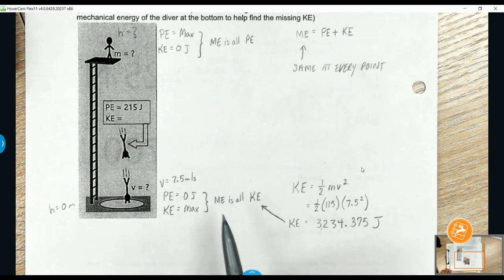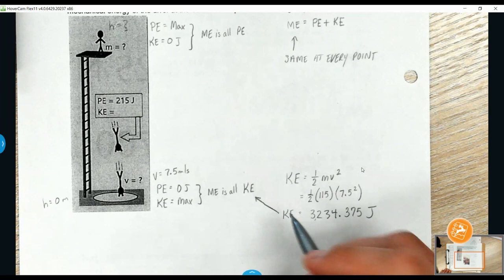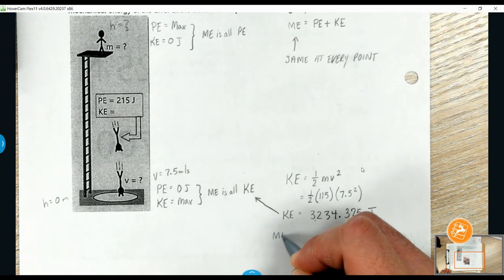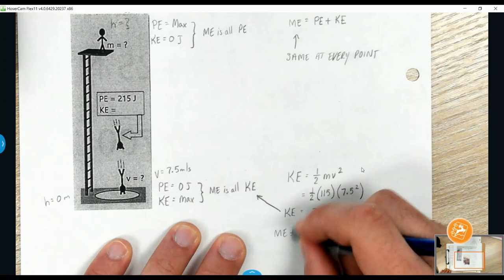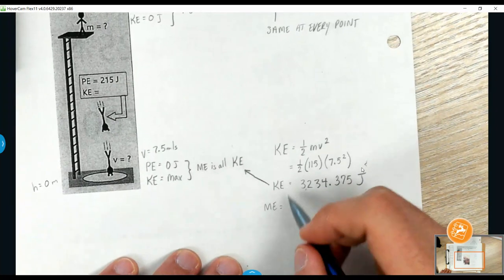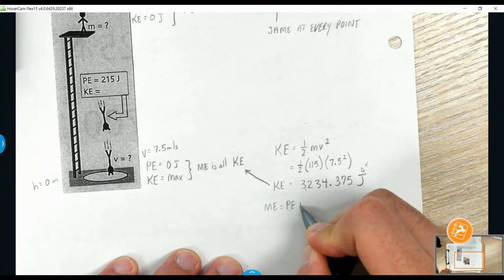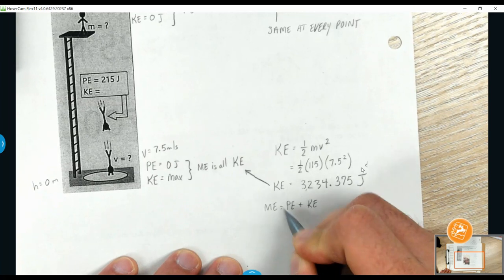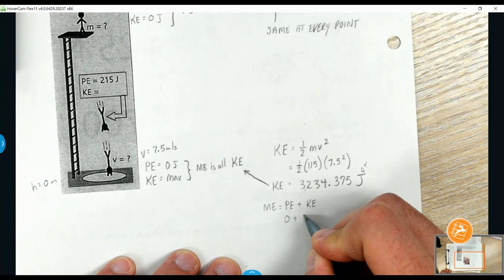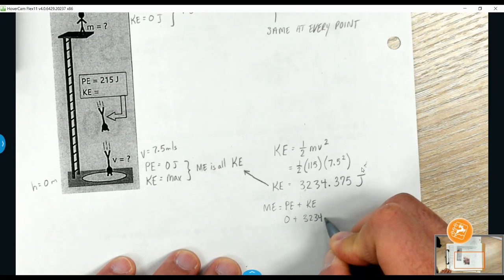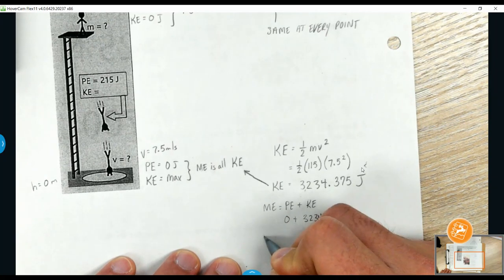What does that mean about the mechanical energy? It has to be the same. So ME is potential plus kinetic. Potential at this point is 0. Kinetic is 3234.375. So your mechanical energy